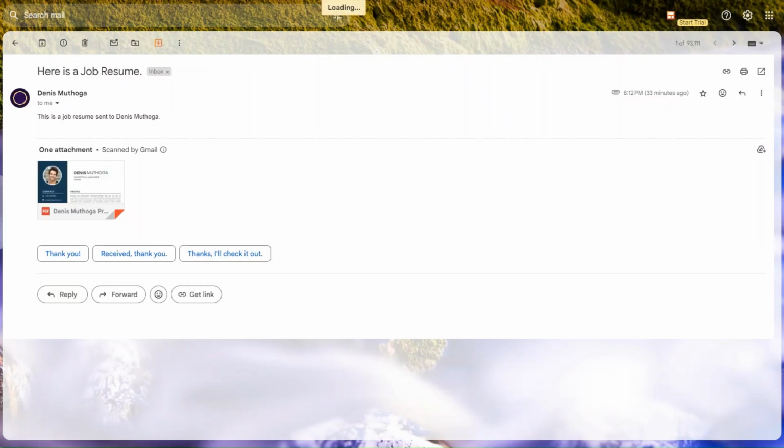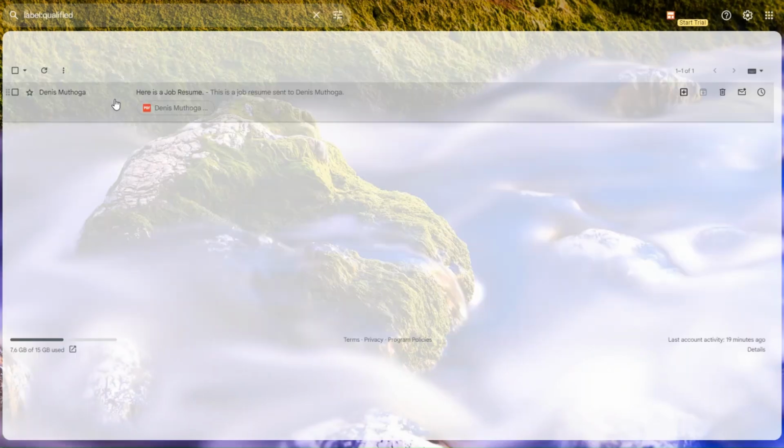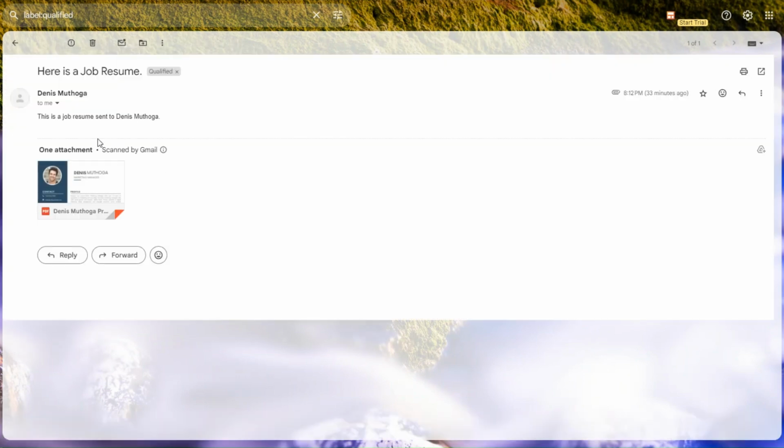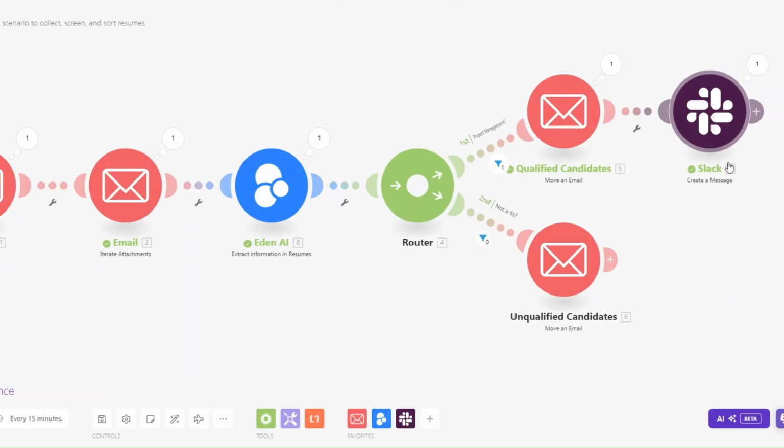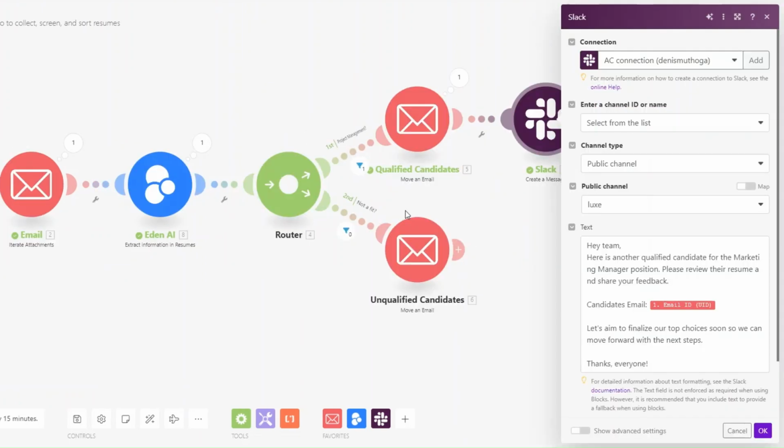If we go to our qualified folder, you can see we are getting our email right here. So this is the email that we sent. This is a candidate on our qualified label, and we have our email right here. We're also sending a message to our team via Slack, telling them that, hey, we have another qualified candidate and this is their email. So the Slack message that we're sending to our team is on the lines of, hey